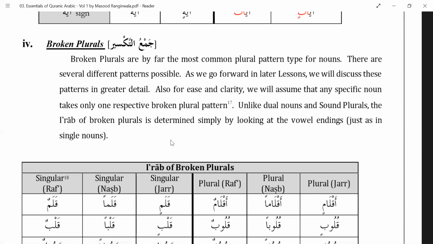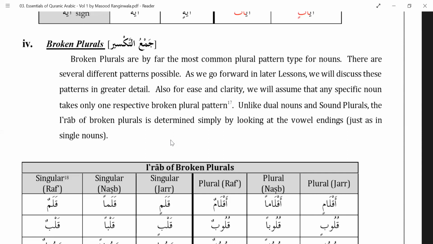Also, there are a couple of patterns which, if you want, you can learn. Why? When you look at a word, if you have the patterns at the back of your mind, if you're familiar with them, it's okay if you've not memorized them. Whenever you look at a word, it will ring some bells in your mind and you can identify, oh, this is a plural because it is very much rhyming with this pattern. So that way you can go over broken plurals.